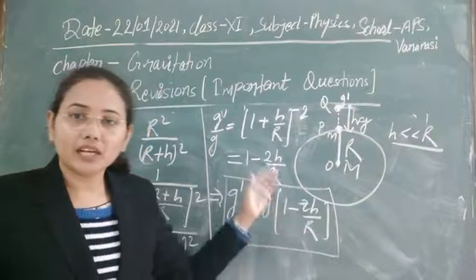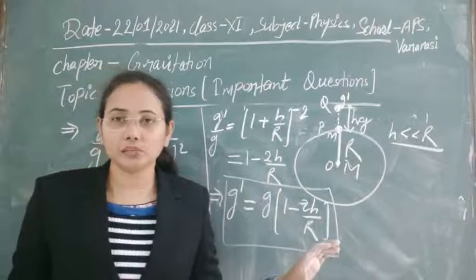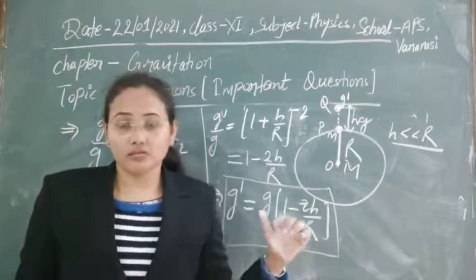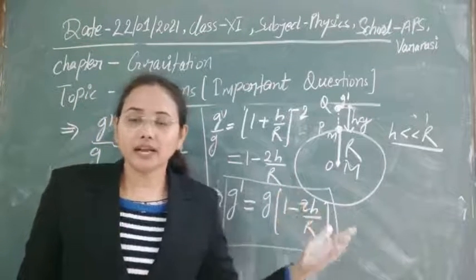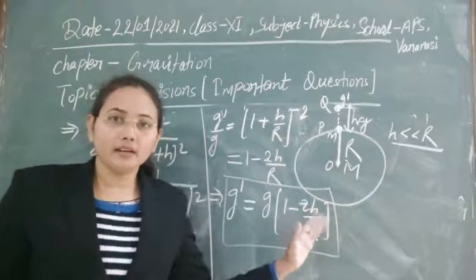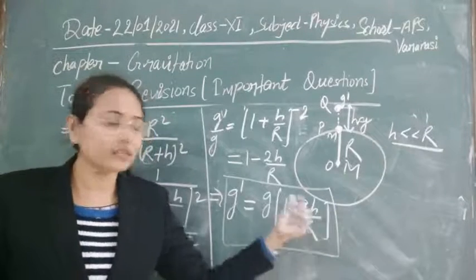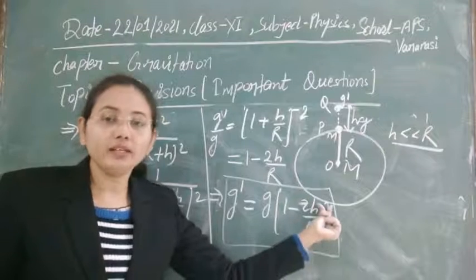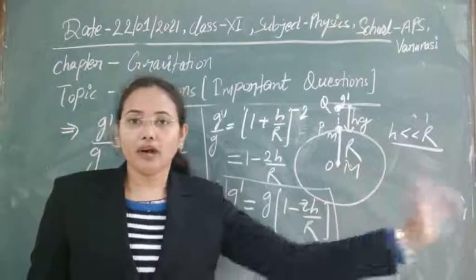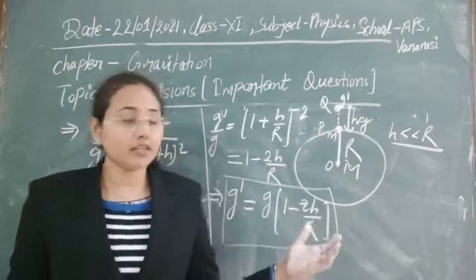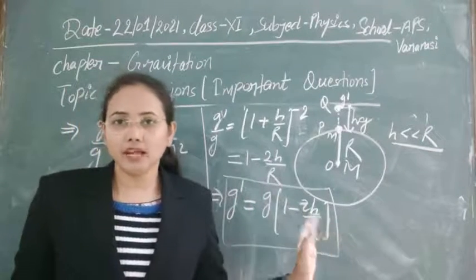So as we are seeing, whenever we go up in height, there is a decrease in gravity, sorry, not gravity, the acceleration due to gravity decreases. The acceleration due to gravity decreases with height by the factor 2hg upon R. You can find out easily that 2g upon R is constant only. With change in h, there will be a change in gravity also. So this derivation is important: how gravity changes with height, and also the numerical problems based on this are important. A number of numericals can be asked from this chapter,